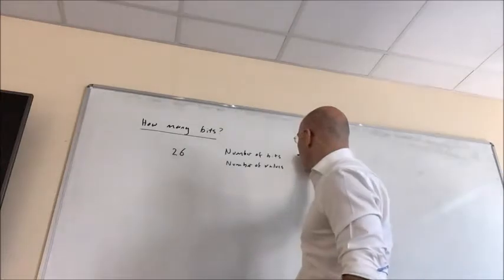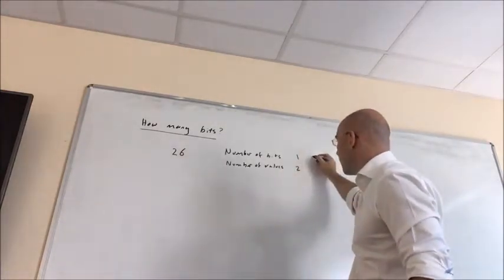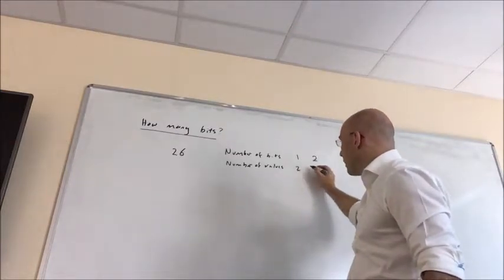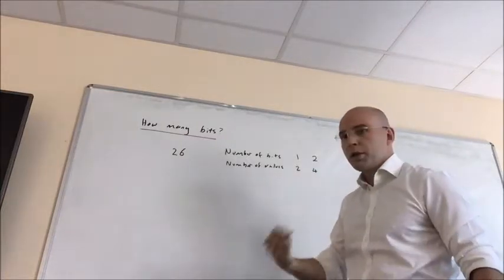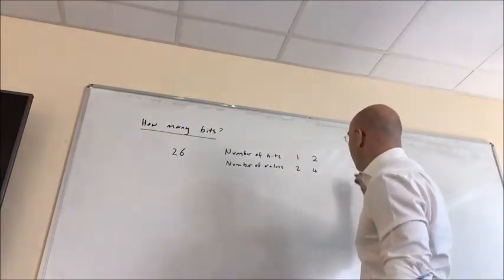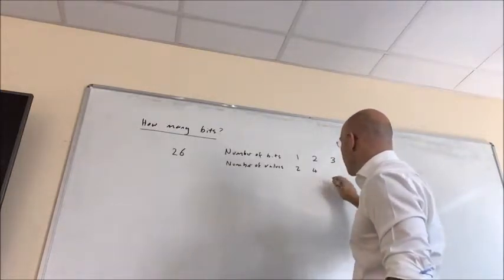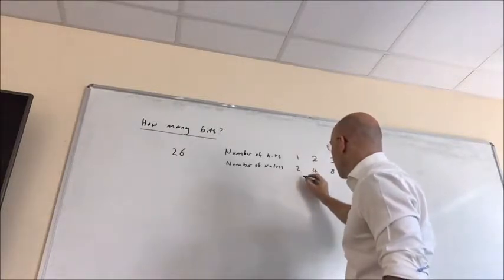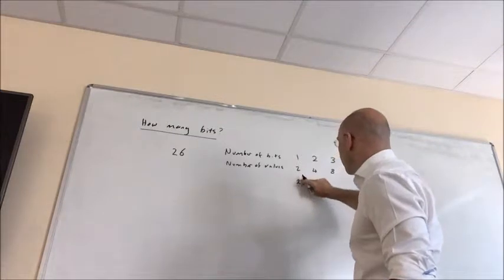If we have one bit, we can represent two values, 0 and 1. If we have 2 bits, we can represent 4 values: 0 0, 0 1, 1 0, and 1 1. If we have 3 bits, we can represent 8 values. So the relationship, of course, is that's 2 to the 1, 2 squared,